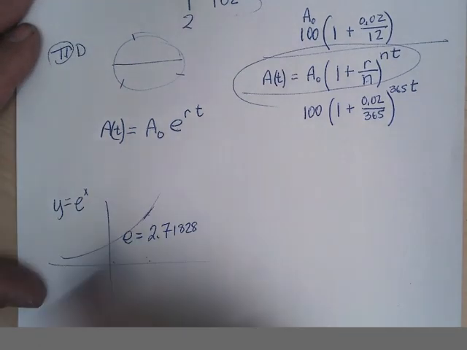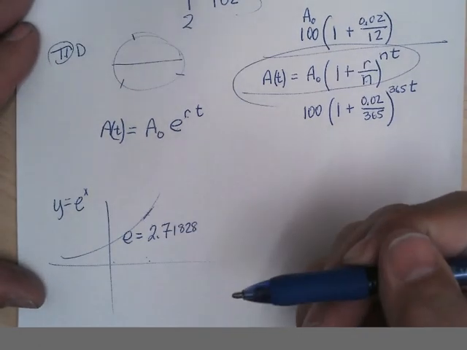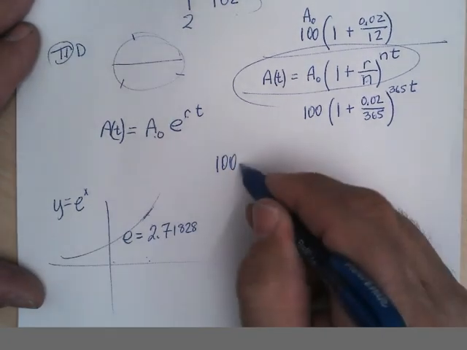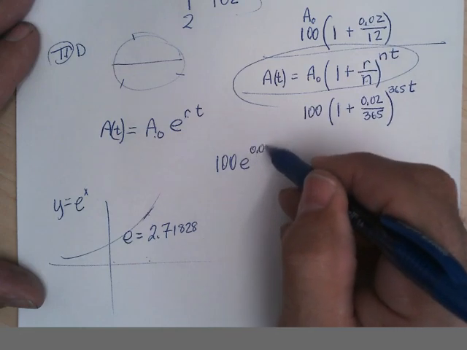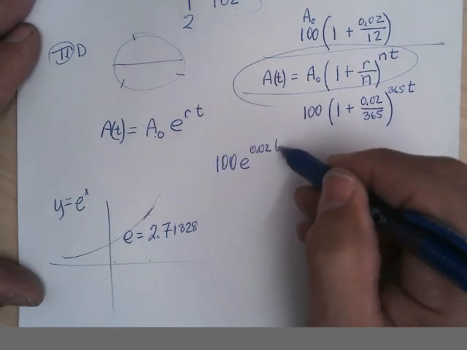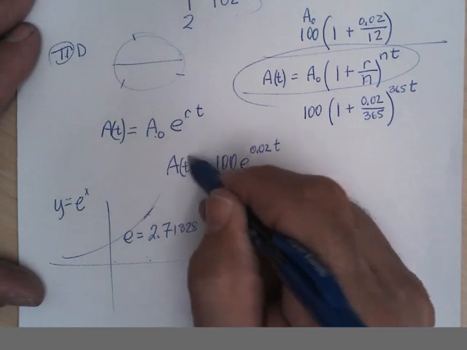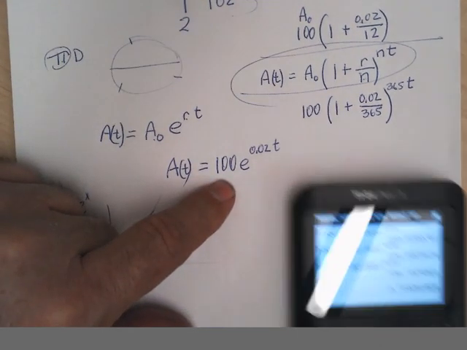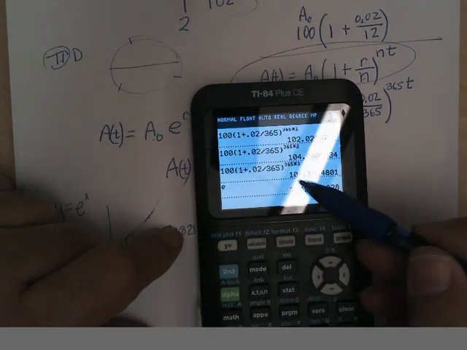using e and this formula, we can figure out how much I would have in the bank if I started with $100, the starting amount, times e to my interest rate, 0.02, times t, the number of years. That will tell me how much I would have after some years. So I'm going to type this in and see how that compares to my other answer. Compounding it daily, I got